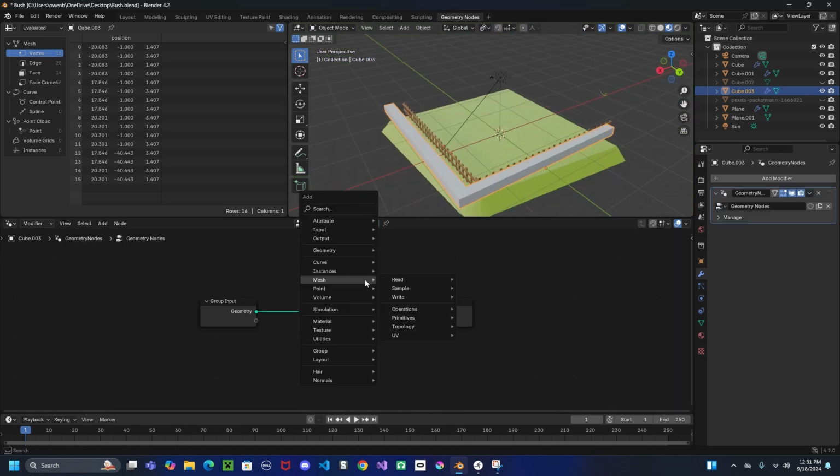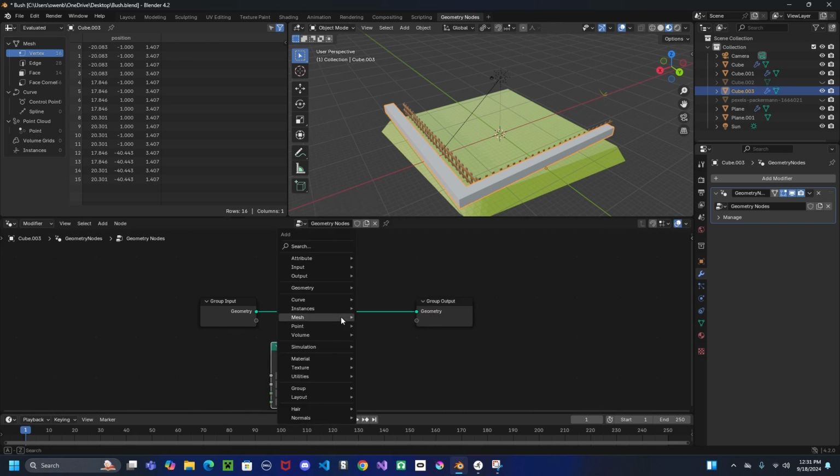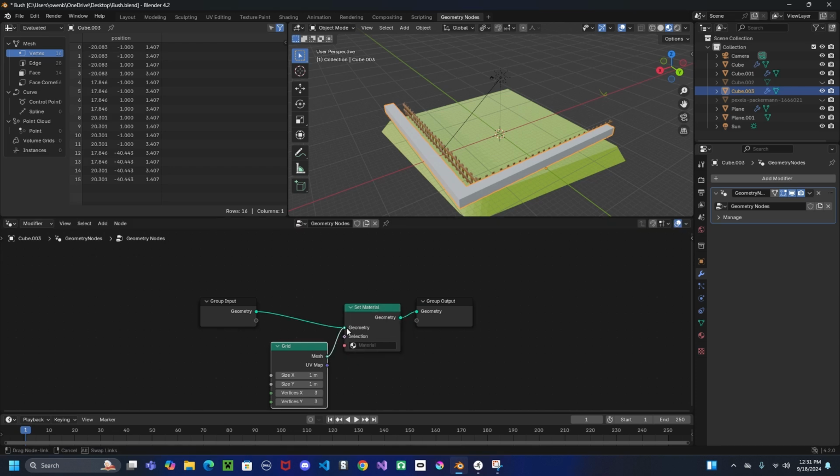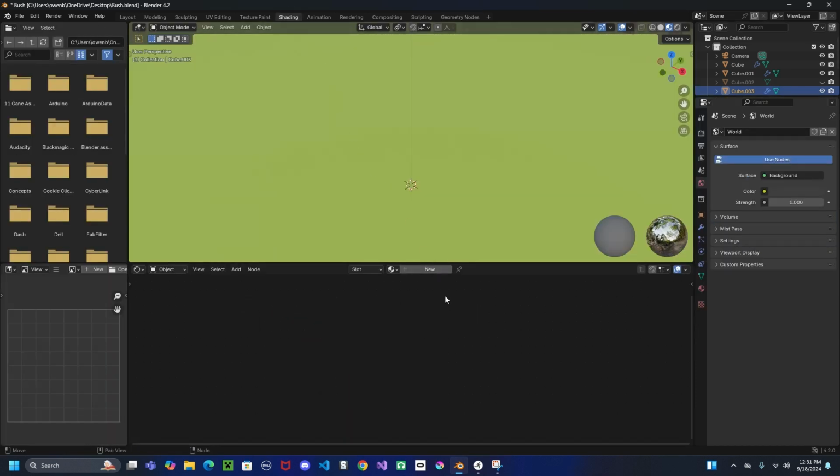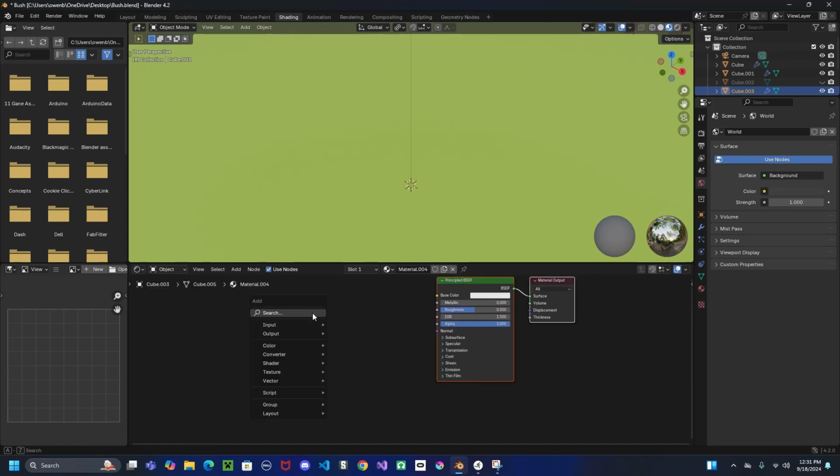Going to go new, Shift A, mesh, primitives, grid. Shift A, material, set material. Now I've got the material, and we're going to go into shading, new, Shift A,